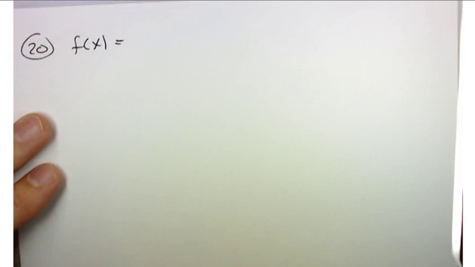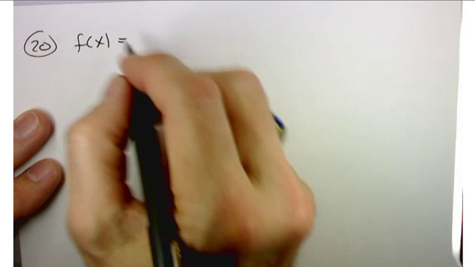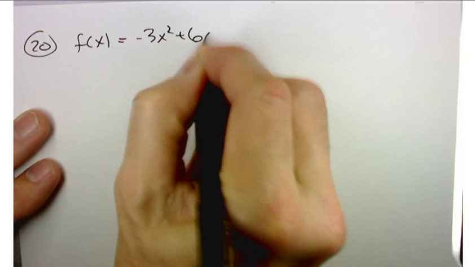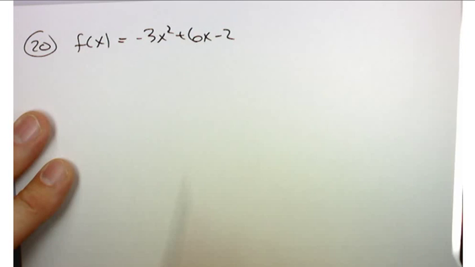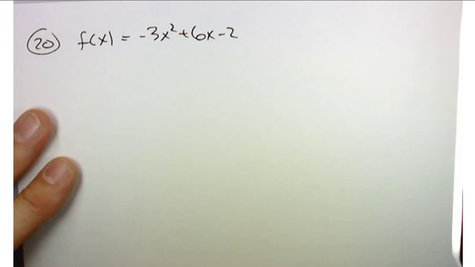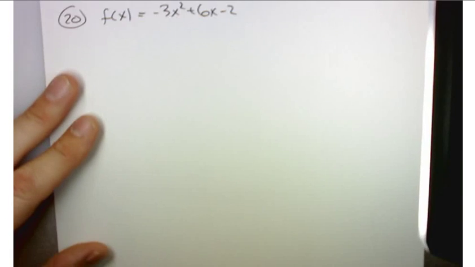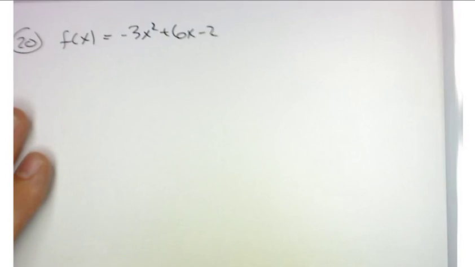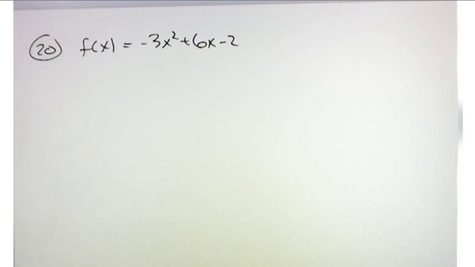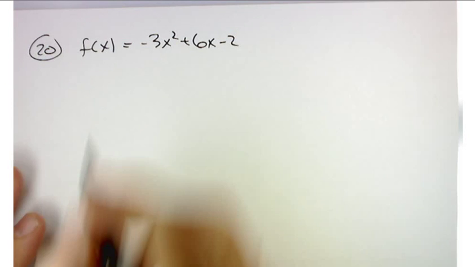So f of x is negative 3x squared plus 6x minus 2. So kind of follow along. There's a little bit of a trick here, and you're only going to see this trick once during my work in this section. And that is,